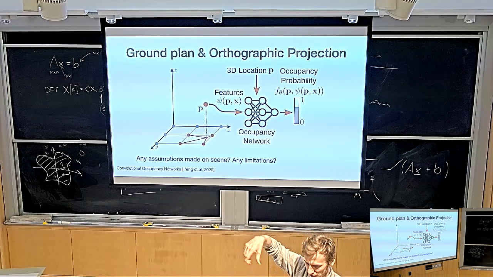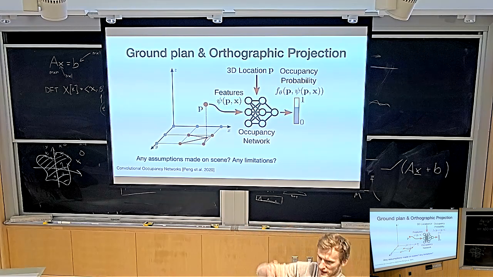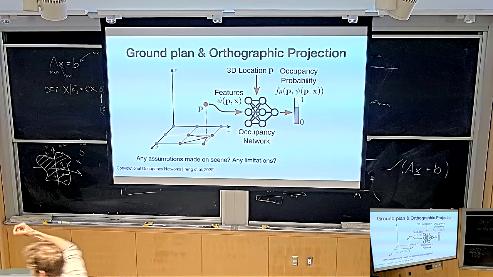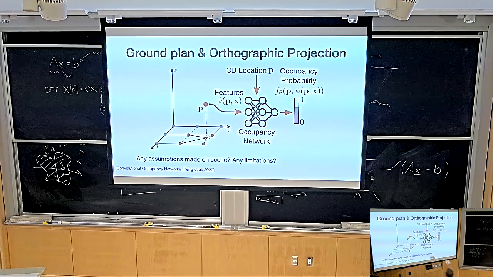You drop it onto the ground. You interpolate the grid at that value and get a feature out. You do bilinear interpolation in this case. You take the point, drop it onto the ground, bilinear interpolation gives you a feature. And now you take the feature and give it this distance as well, or you just give it the whole 3D coordinate p, doesn't matter. And now you give that to your neural network.